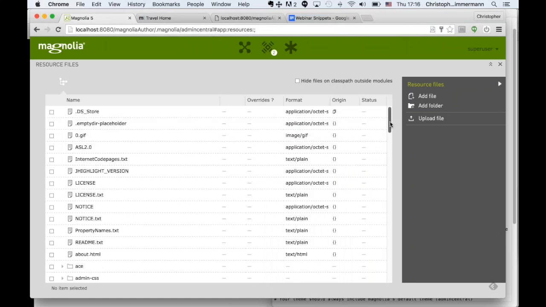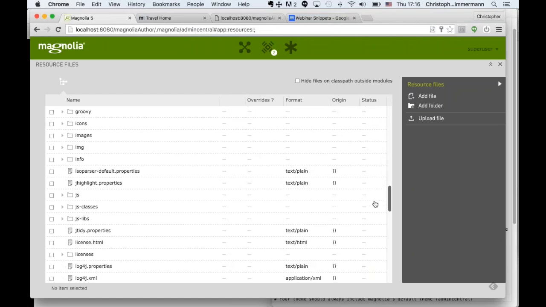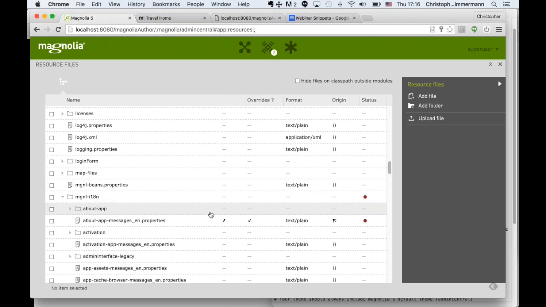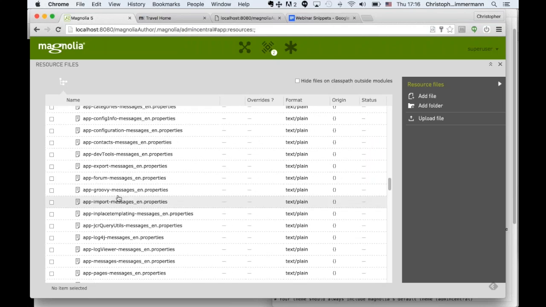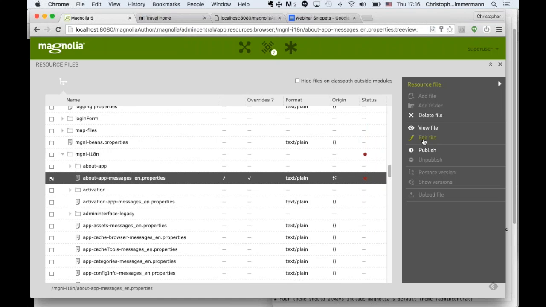But the other improvement is really nice. I go down to mgnl-i18n, and you can see that we've added a new resource file type that's shown in the resources app. Typically, this has always been for the FTL files, for your JS, for your CSS, and for your template and dialog definitions. But now you actually have access to all of the translations on the whole system in every language. And just to give you an example of this,